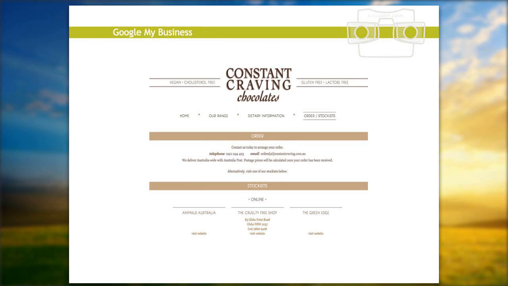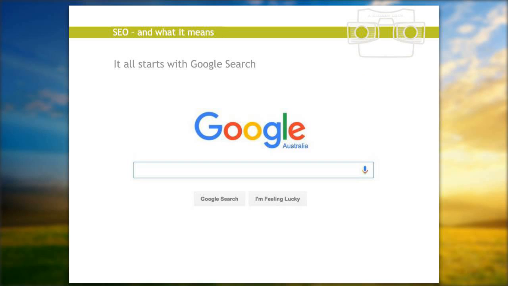So that's what Google has pulled up, and then it's put a completely different listing for this business. So it actually took quite a bit of work to undo that with a Google expert and to resubmit things and to get it all fixed up. So it's much easier to get it right the first time round than to try and undo it. So that's Google My Business, and you've written down that URL to check how you appear and what you need to do next.